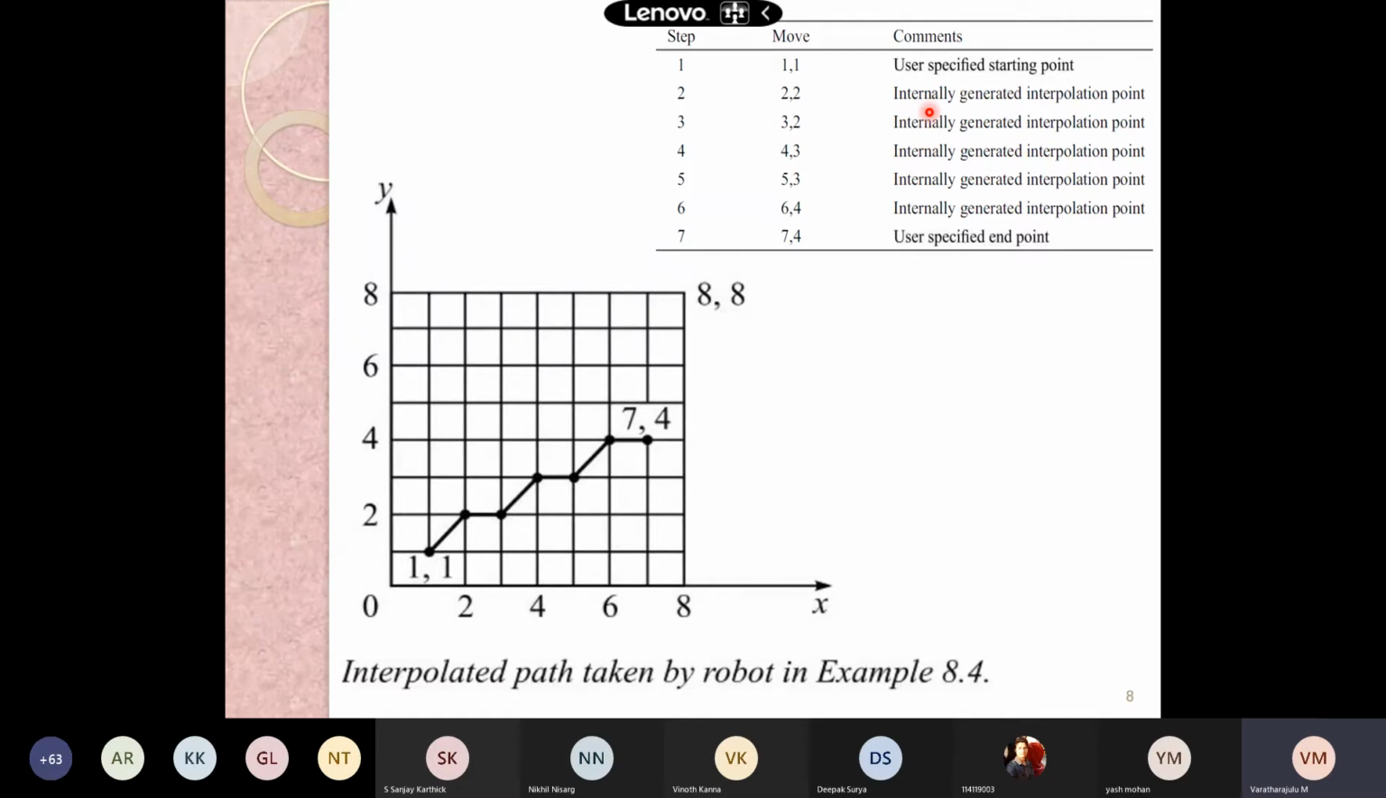There are 4 interpolations usually preferable in the case of robot programming. One is joint interpolation, and the second one is straight line interpolation. The third one is